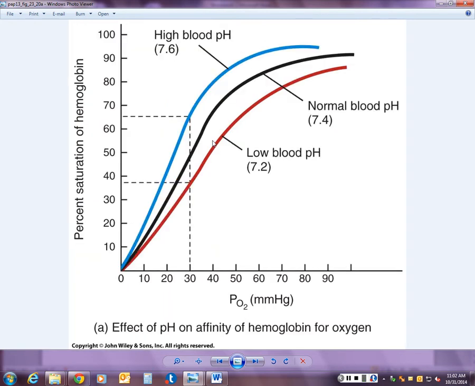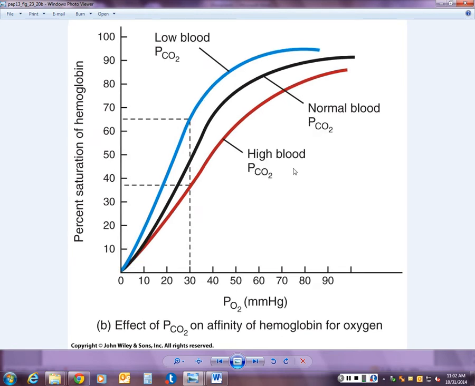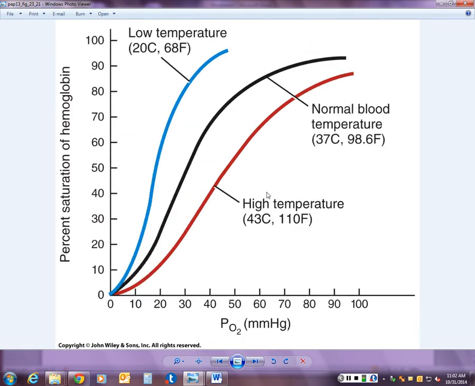First, we'll consider the amount of acid. Notice I'm specifically saying the amount of acid instead of saying pH. My way to remember this does not work if you use pH. So think amount of acid, also the partial pressure of carbon dioxide, and also heat or temperature. So we're considering the effects that acid, the partial pressure of carbon dioxide, and also heat or temperature would have